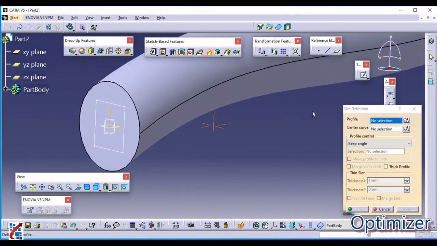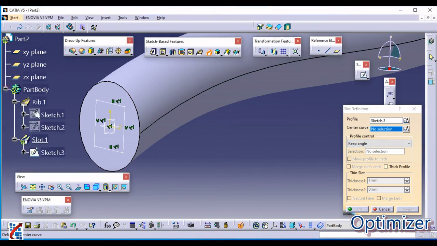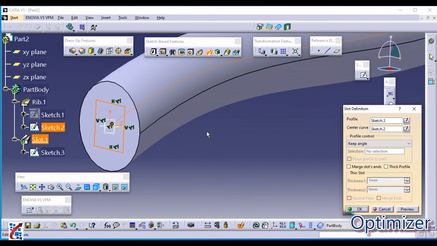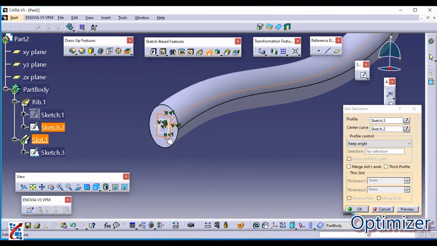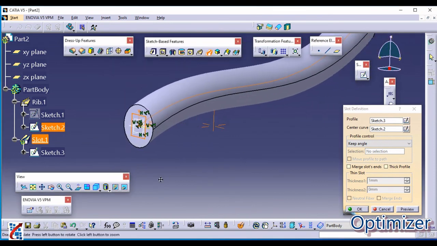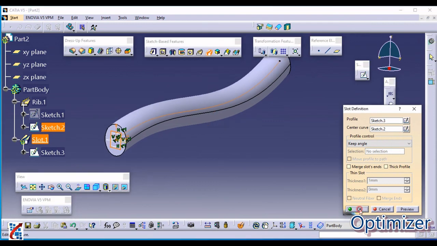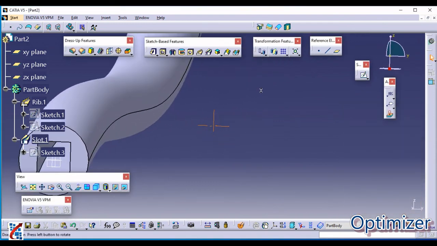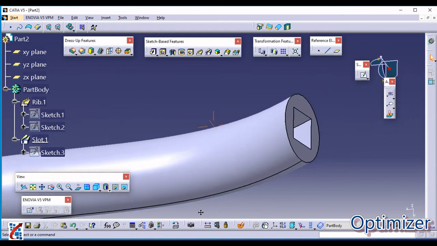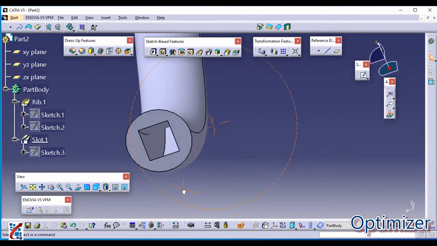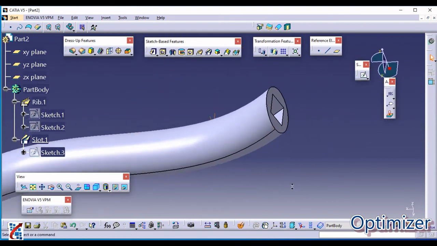In this case the profile is this rectangle, and the center curve is the one we defined earlier, that is sketch 2, which you need to select. So this is the profile and this is the center curve. This is how you remove the material. Click on OK. Now material is removed along the path and the cross section we defined.